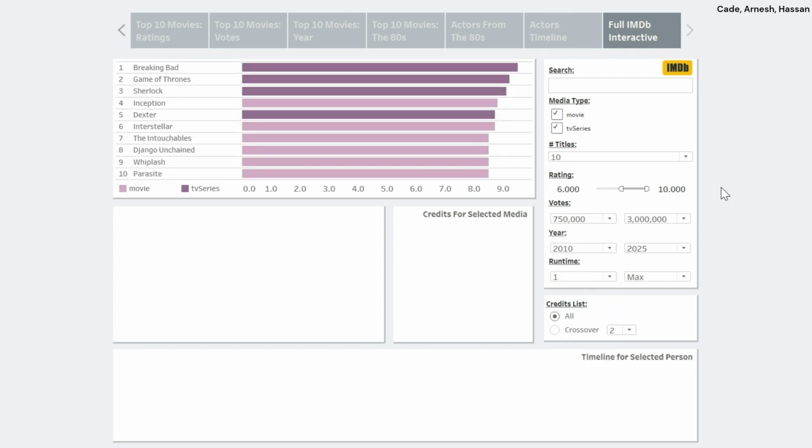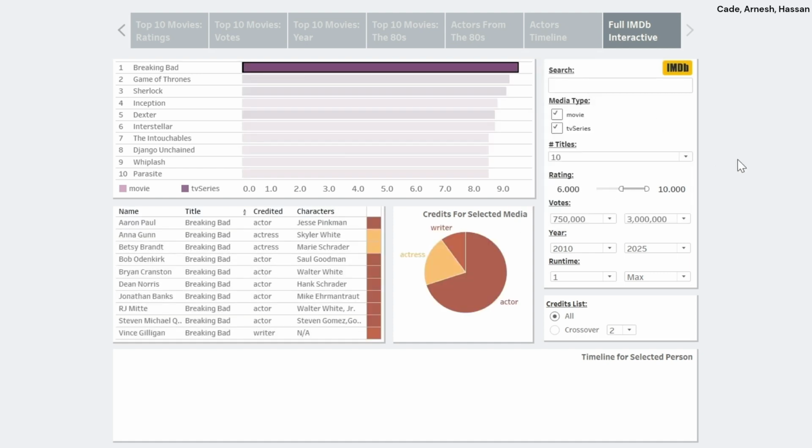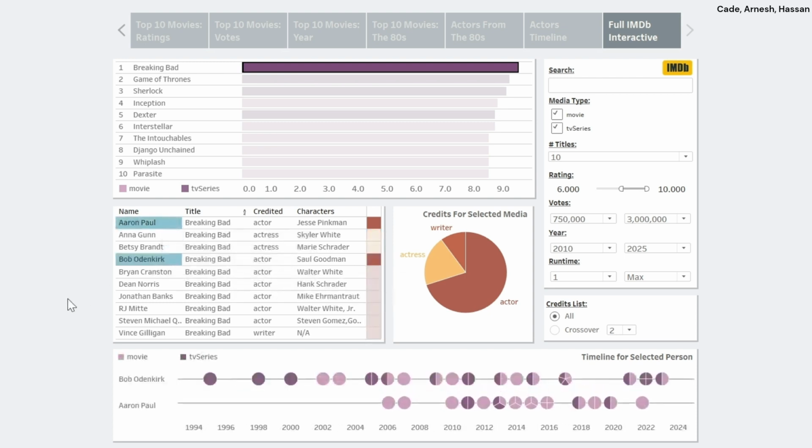And by conducting this EDA, it might help users understand why they have such a hard time finding an accurate list on Google. And that is because there are many variables that go into ranking a movie, such as the votes, year, rating, etc. So I'll end this video by showing you 2 of my favorite actors